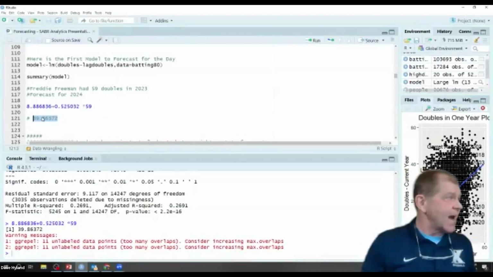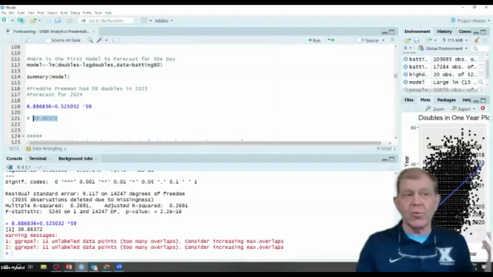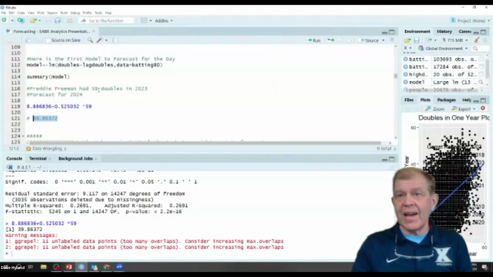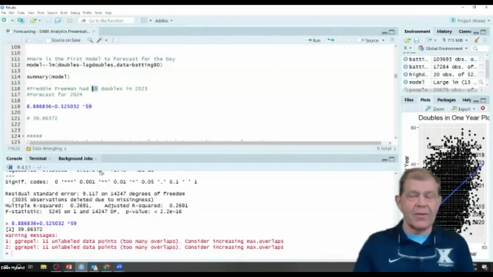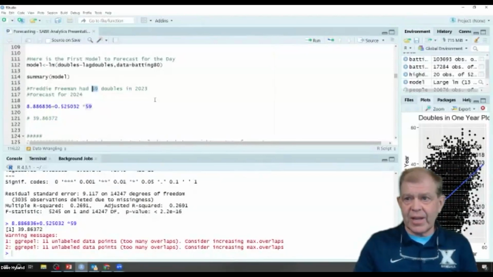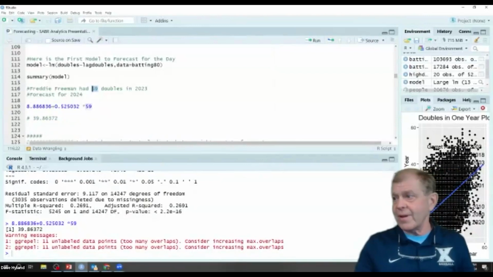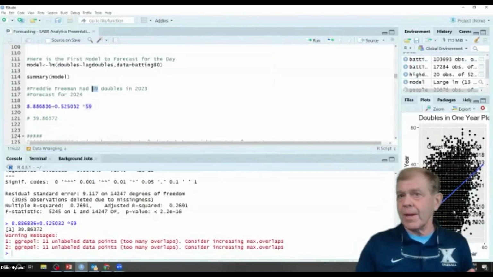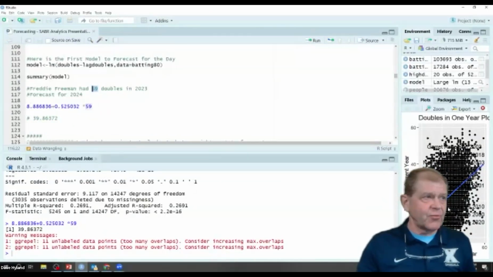And if we think about what regression is, part of it is regression to the mean. So he had 59 doubles, which is a very high amount for a player. So our expectation for next year would be lower, somewhere around 40. Somebody down below the curve, we're going to expect them to produce higher. Okay. So there's just a very simple forecast for doubles.